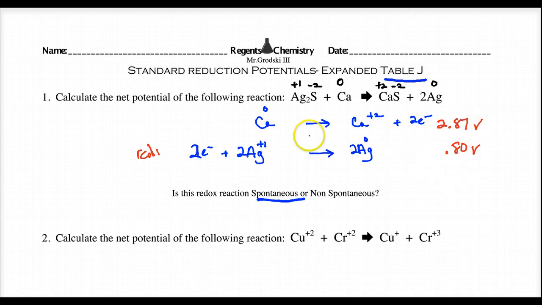And that is the oxidation potential. Notice I wrote positive. This is the oxidation half reaction because I'm losing electrons. My charge is going up. Now to find out if this is spontaneous, really based on the table,